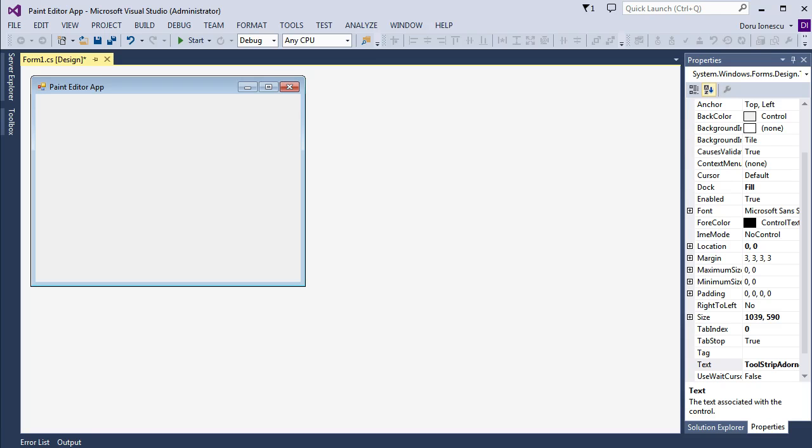Hello, welcome to the second application with mouse events. This time we add more graphical user interface elements. We want to make a paint editor where we can change the color of the pencil that we draw on the form, modify the thickness of the pencil, and we want the drawing we've made to be saved